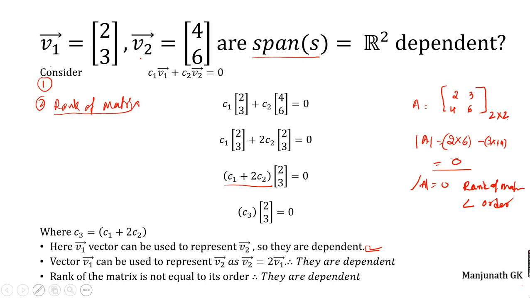rank of the matrix to say whether the given vectors are dependent or not, or else just by observation, is it possible to represent one vector using another vector, and the third method is this one. So in all these three methods we can say that the given vectors are dependent on each other. All right,